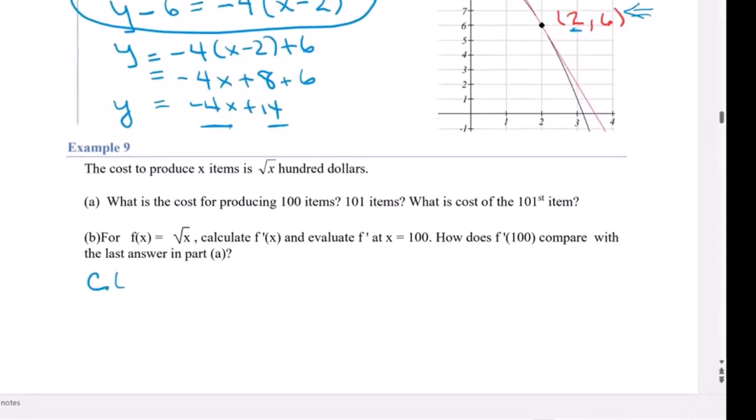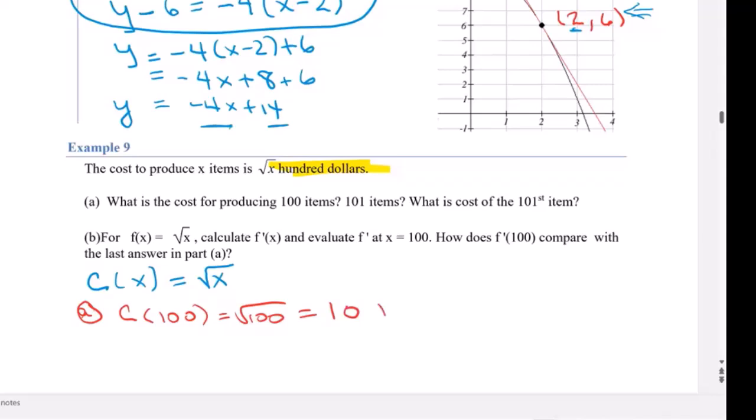All right, the cost to produce x items is equal to the square root of x in hundreds of dollars. So let's not forget that. It says A, what is the cost for producing 100 items? Well, C of 100 is equal to the square root of 100, which equals 10, $100,